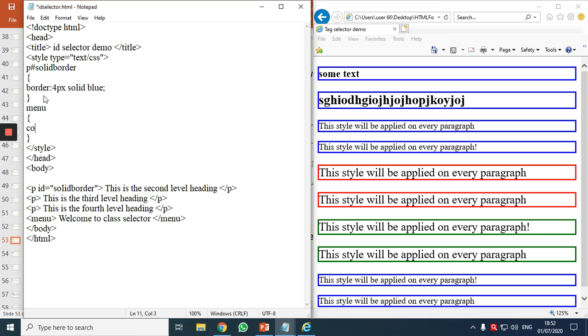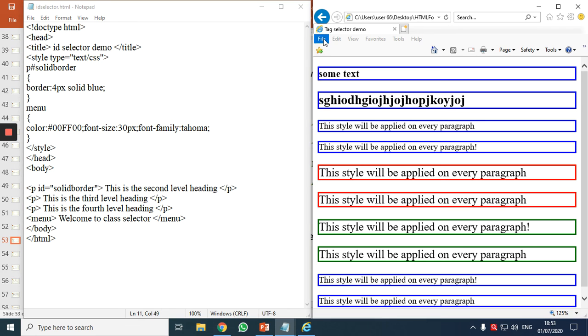What CSS? I will give it a color. Then I will give it a font size. Sorry. And I will give it a font family, Tahoma. I don't know whether it works. Okay. Now observe. I'll explain what this is. First observe. I'll make it very clear. There is no such tag called menu. But I've written a tag called menu and I've applied some features to it.